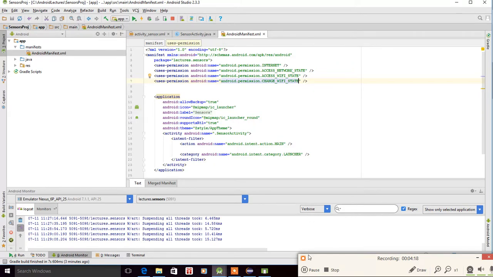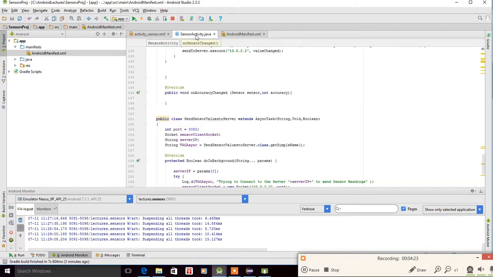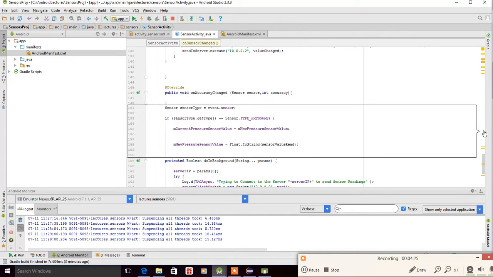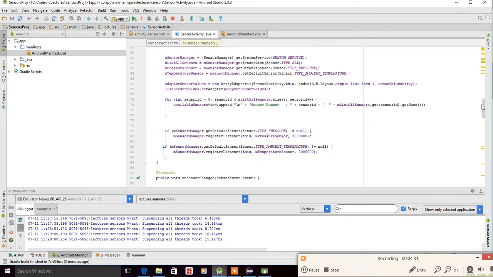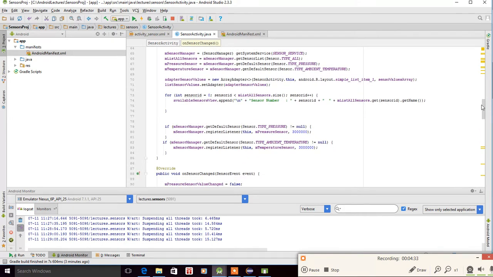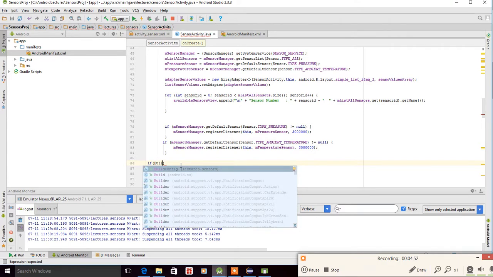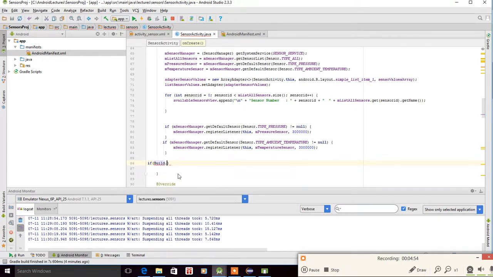Now for Android version API 23 and above, we should also access these permissions inside our main activity class. Before we could only use them in the Android manifest file, and that was enough. So we can add the permissions here for the Android API 23 and above. Simply add an if statement, build dot version